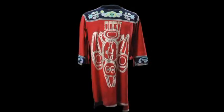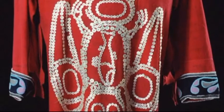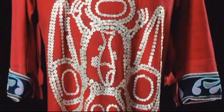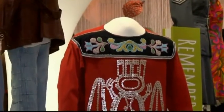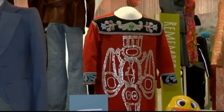And one of them is the Tahltan diving raven tunic. It's a tunic from Telegraph Creek with an image of a diving raven on it, and in the belly of the raven is a fish. The tunic was part of a collection purchased by the museum from an American dealer in 1976, then was spotted